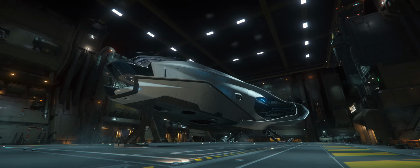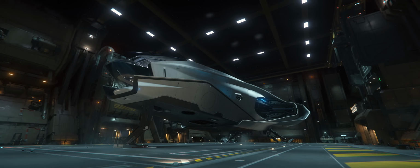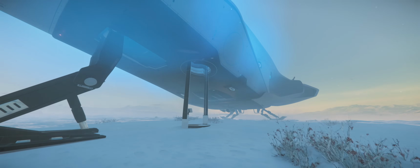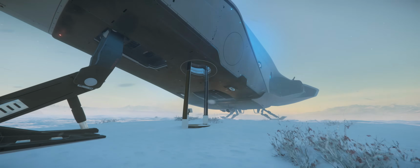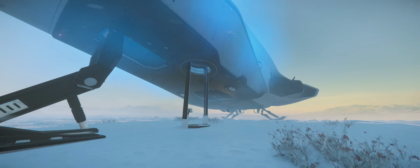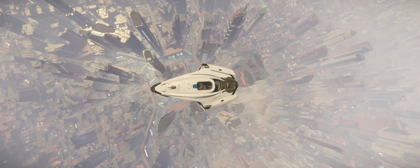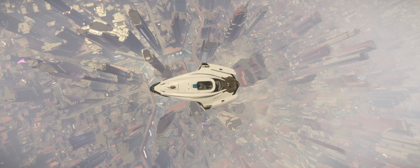So, why would you want a 600i Explorer over the Carrack? There's going to be a lot of gameplay elements that are tied in with the exploration career path that the 600i is going to be perfectly capable of undertaking, which is going to include being the first rung in the land claiming and outpost construction mechanic. It's also going to have a hand to play in being the first step in nearly every other major career